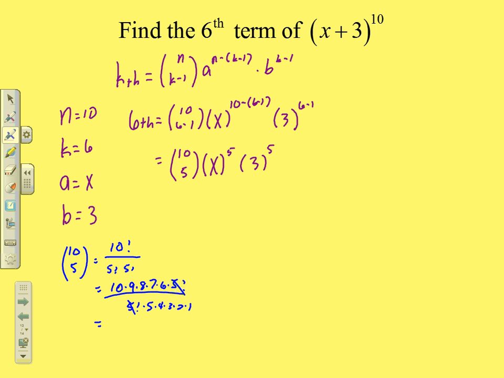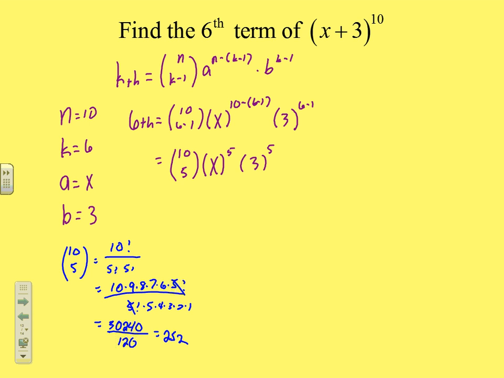10 times 9 times 8 times 7 times 6 is going to give me 30,240 over 120, which overall is 252 combinations. So I'm going to say, coming back to here in purple, I'm going to get 252 times x to the 5th power. We can put it inside the parentheses if we want to. And 3 to the 5th power is going to be